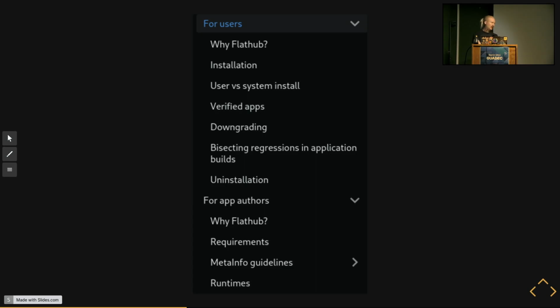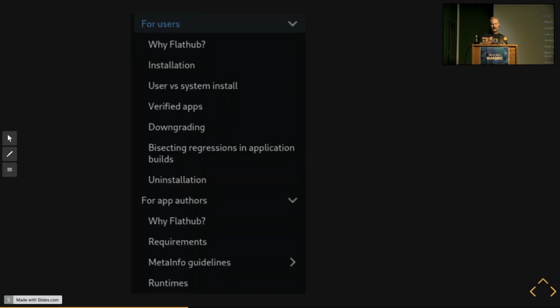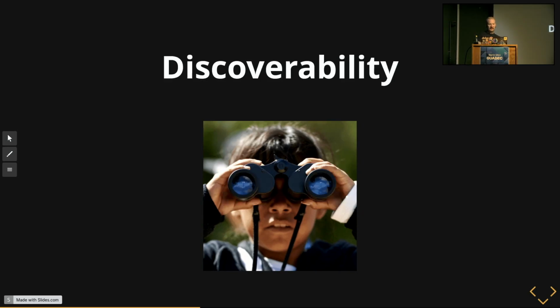Another neat thing that I think is we started to categorize stuff by user roles or personas, like documentation for users, for app authors, and there's also for team members basically. And I started seeing this copied in some other documentations already, so that's really nice, and I think that's a good thing. When it comes to discoverability,